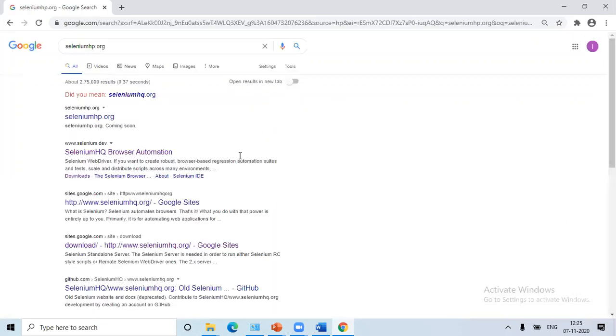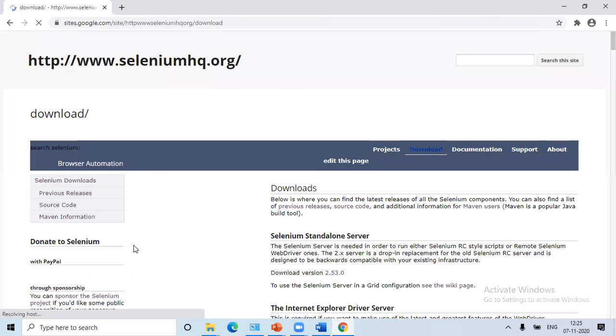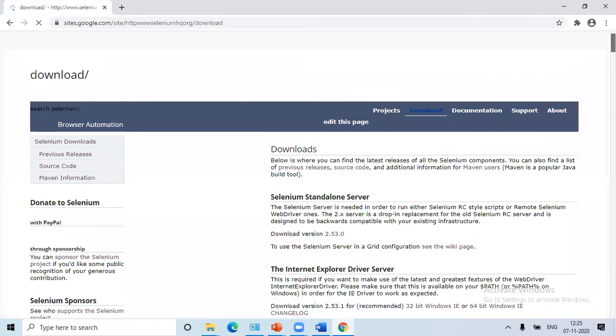In that it is available. So we can go there, and then we have to install. You can see here, this is seleniumhq.org, that is the official website.